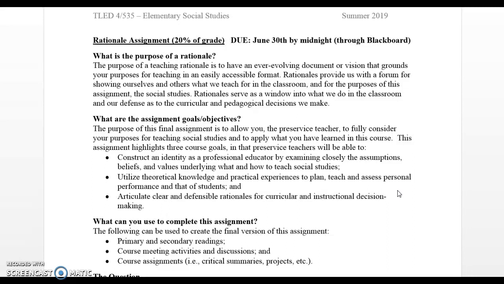So what's the purpose of a rationale? The purpose of a teaching rationale is to have an ever-evolving document or vision that grounds your purposes for teaching in an easily accessible format. Rationales provide us with a forum for showing ourselves and others what we teach for in the classroom and, for the purposes of this assignment, the social studies. They serve as a window into what we do in the classroom and our defense as to the curricular and